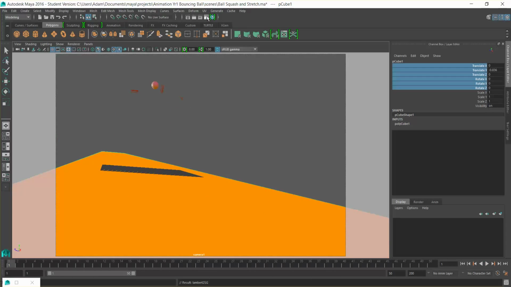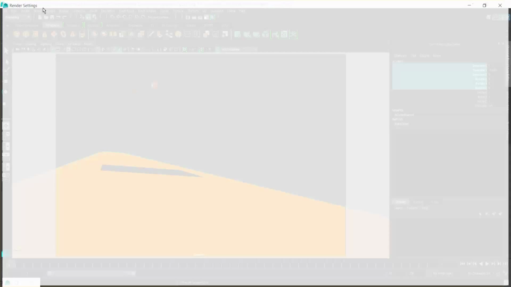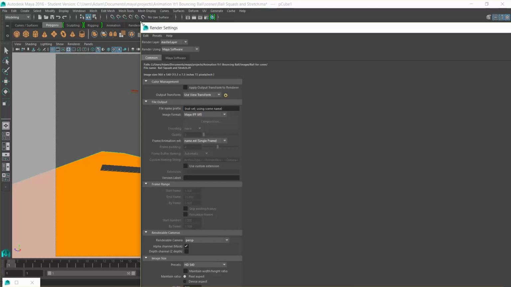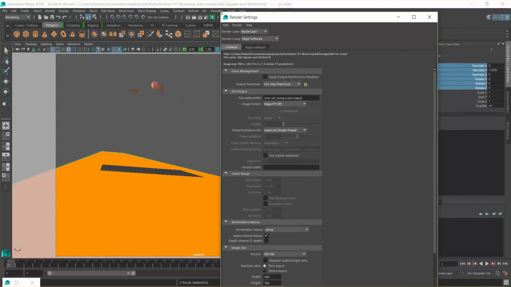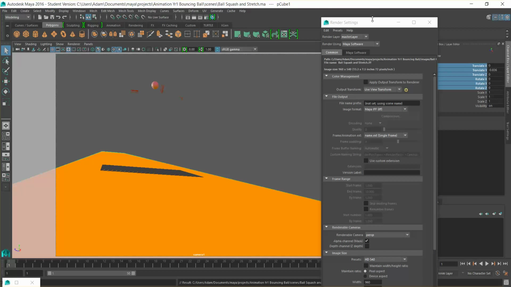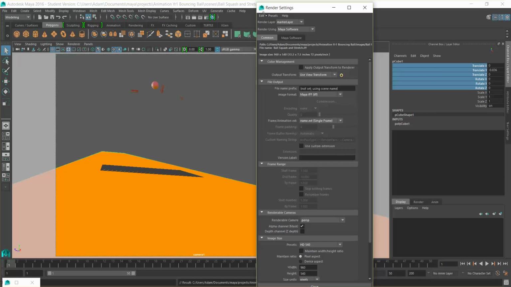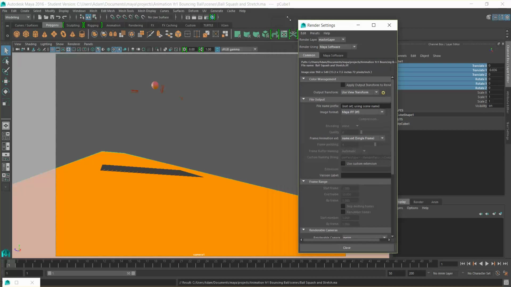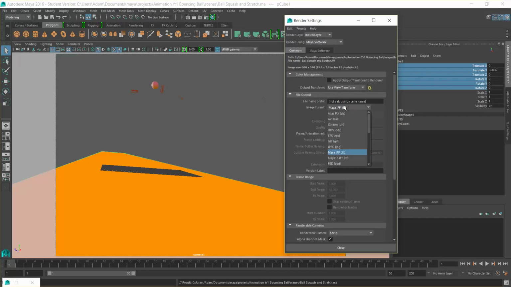So what I'm going to do is I'm going to go to my render settings. Okay, I'm just going to very quickly save that as well. So we're going to go to, just going to save, continue, and in this one we're going to work our way through this. So we want to have our Maya software on. We want to change our image file to a JPEG. Our file name will be bounce